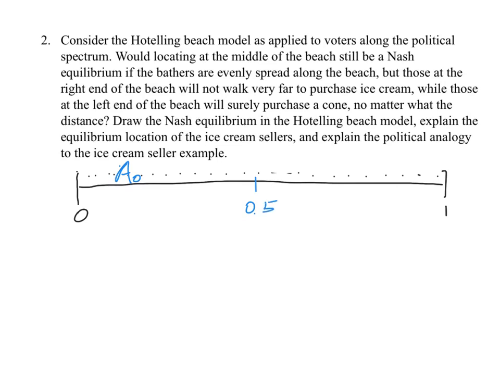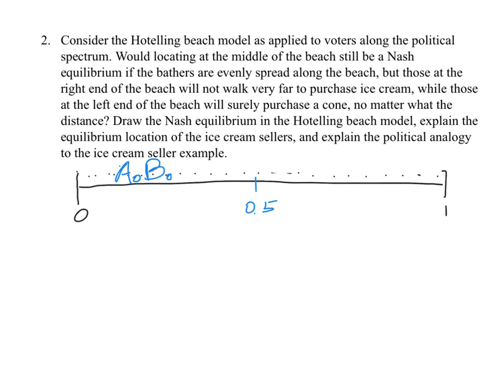equilibrium. If the first stand A is at some point that's not the center, it's in the next stand's interest to locate just to the right of them, so that all these people here will go to B's stand instead of A's stand. So B gets more than 50% of the market. Of course, they're competing for business. A's going to want to fix that, and A's going to jump over B, B's going to jump over A,